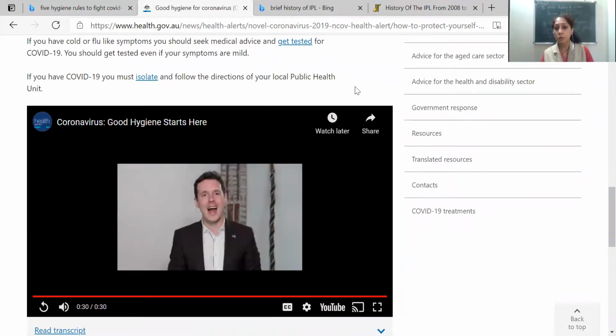And the most important thing is, if you're getting symptoms of COVID-19, you get tested. Many of the people in and around our area don't declare. It's your moral responsibility to declare yourself COVID positive when the report comes out positive, so that other people can exercise caution around an infected person and it does not spread.